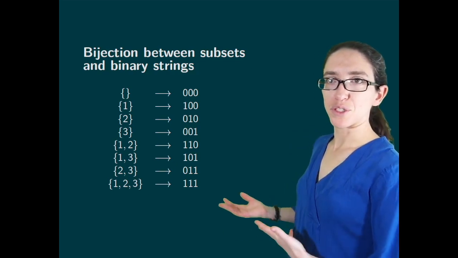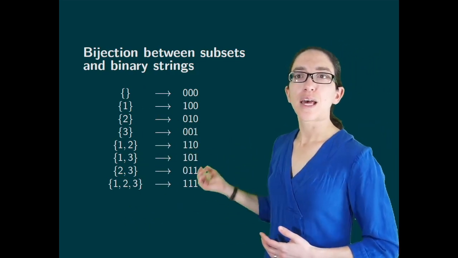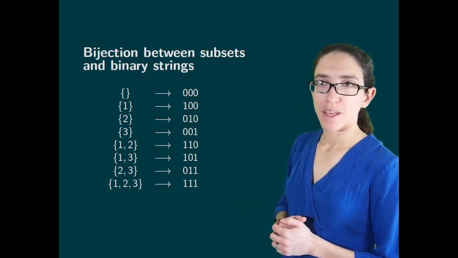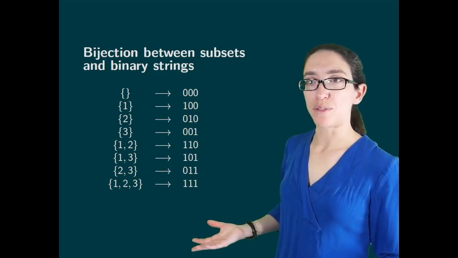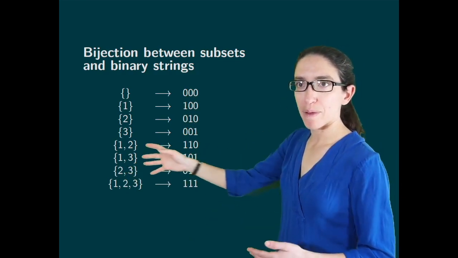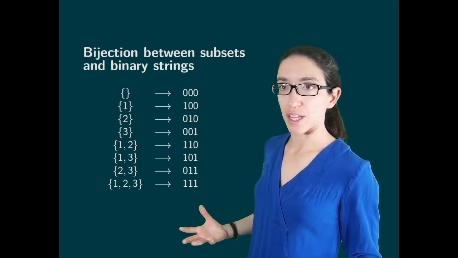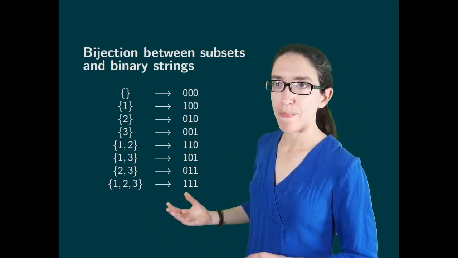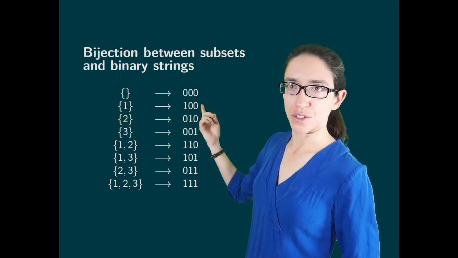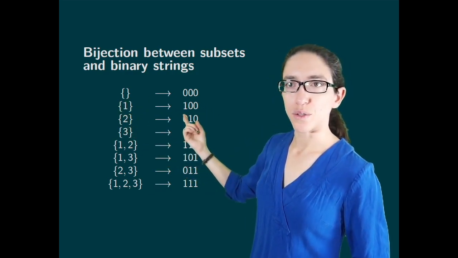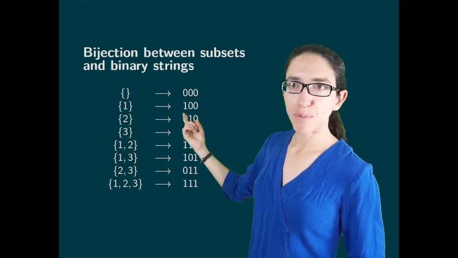Here's a bijection between subsets of {1, 2, 3} and binary strings of length 3. So you can actually match them. We know they're both counted by 2 to the third, or 8, but you can match them in a bijective way that you can construct that can generalize to all subsets and binary strings, where the empty set goes to 0, 0, 0. The set containing 1 goes to 1, 0, 0,